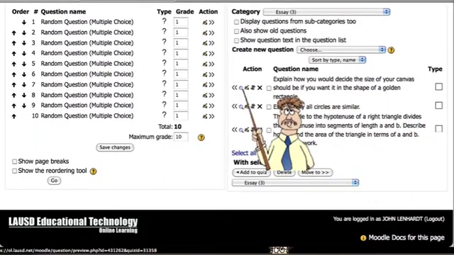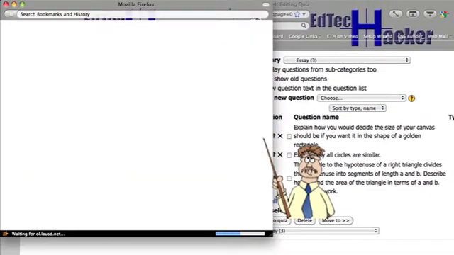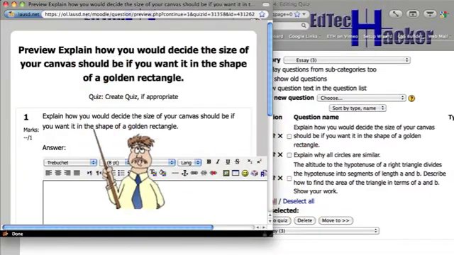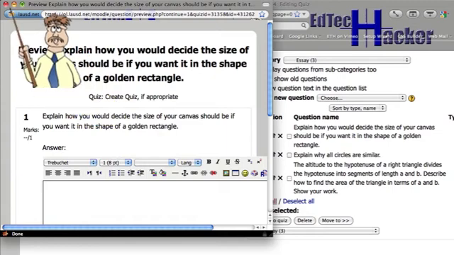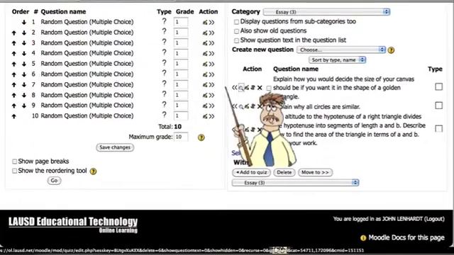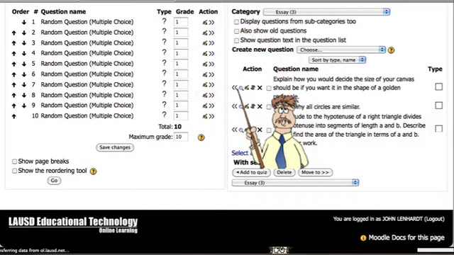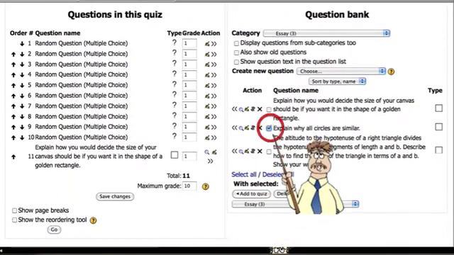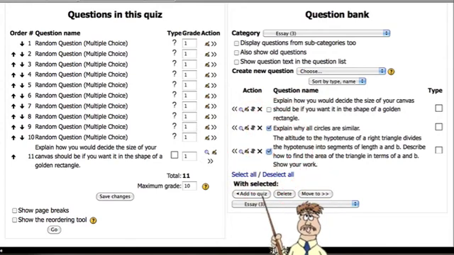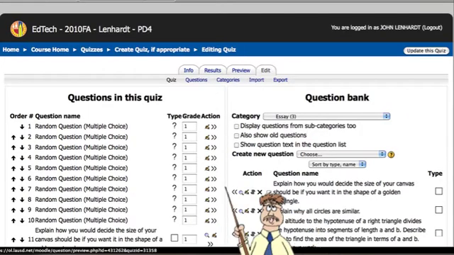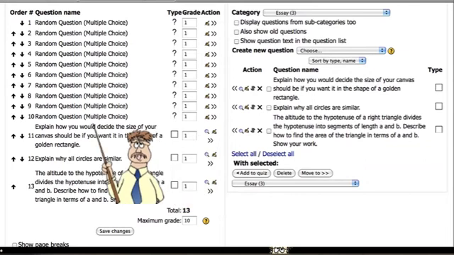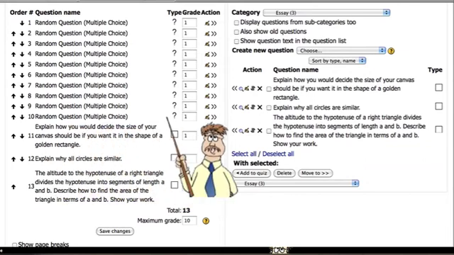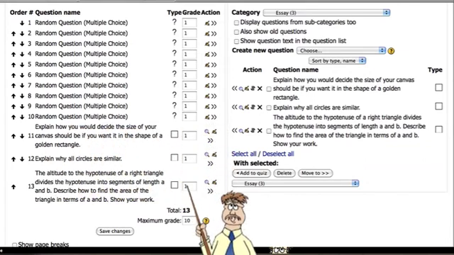And I can choose which question by previewing it. So I can preview these questions. And since there's only 3, actually I could probably just select them all. And I'm just going to pull over all 3 questions. So I can do one at a time, or I could select all of them, select the other 2, and add to quiz. And now I have 10 multiple choice random questions from a bank of 61 and 3 essay